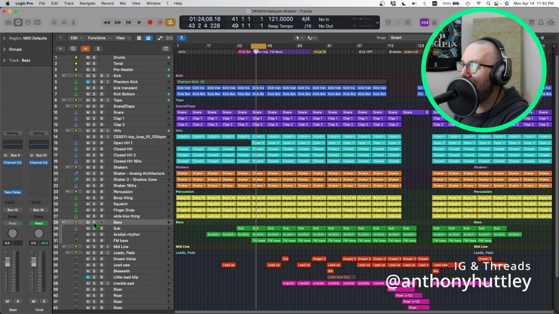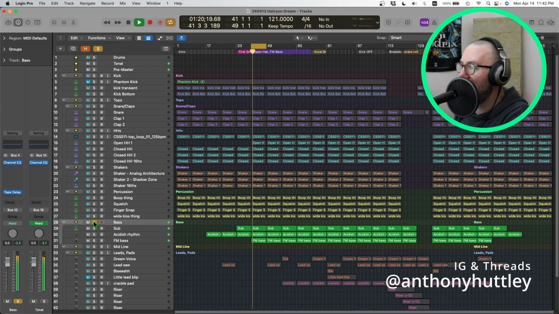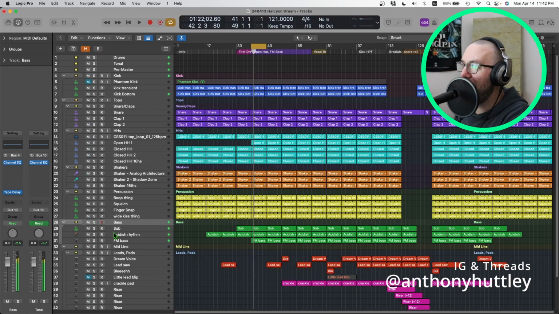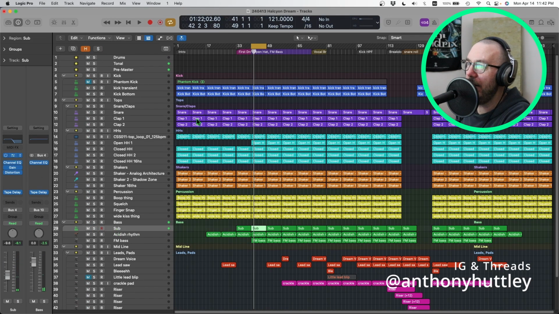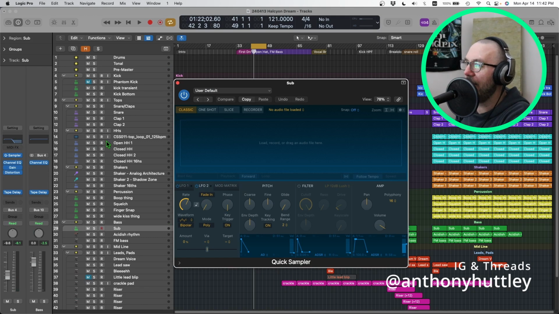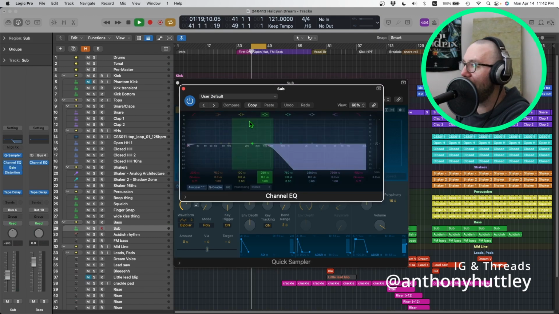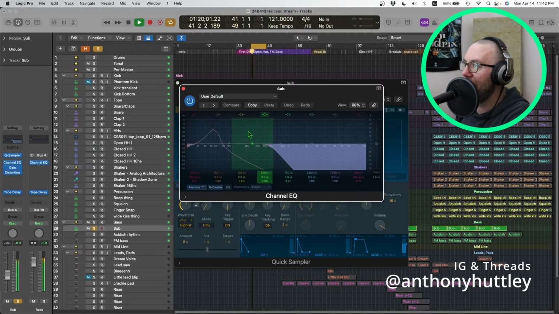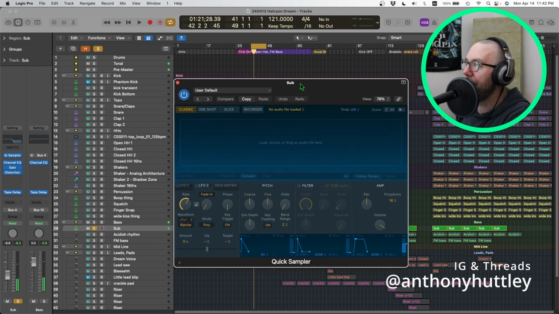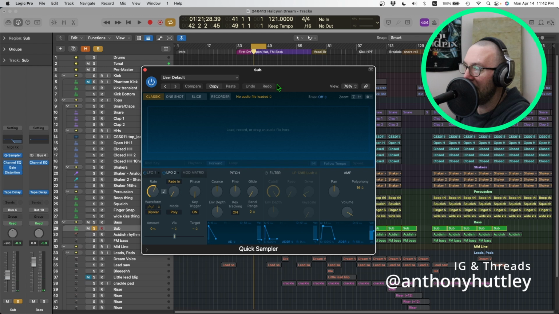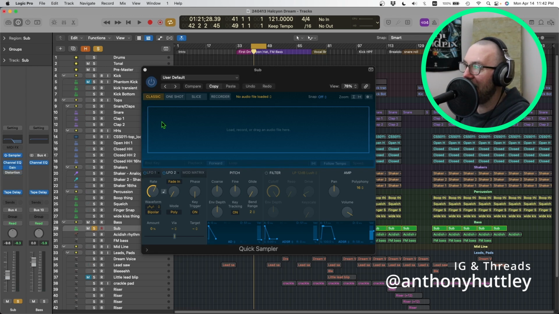We've got the bass. This is the bass layer. Made up of 3 things, 3 instruments. I got a sub layer, which is just the quick sampler. And what I've done, I've rolled off the top end because there's nothing there anyway. So just like, oops, it's that. So if you load up the quick sampler and you don't load anything into it, it's just a sine wave, right? So it just sounds like this,